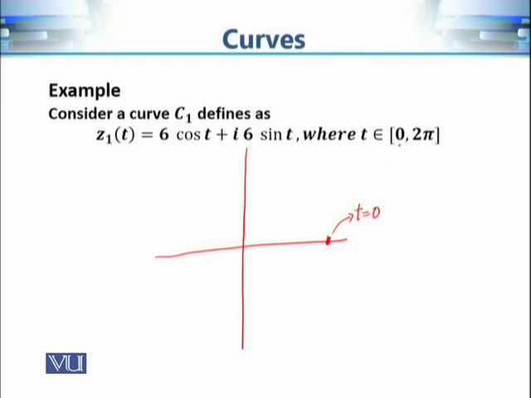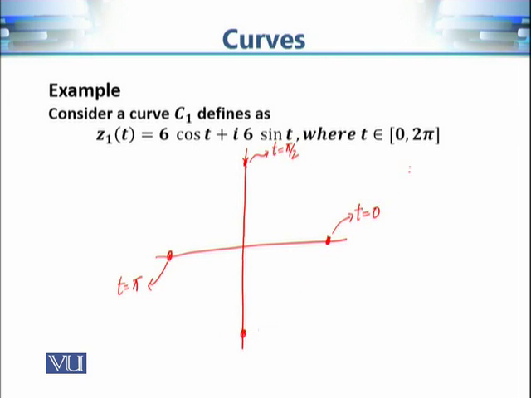And similarly, when we take other values of t, we are going to get other points. So let's just take a jump and take t is equal to pi by 2. So at pi by 2, sine pi by 2 is 1, but cosine pi by 2 is 0. So what we are going to get is 6 iota. So in other words, this point is basically the point where t is equal to pi by 2. Now let's take another jump and take t is equal to pi. Now at t is equal to pi, once again sine pi is 0 but cosine pi is minus 1. So we are at the negative side, and this is the value when t is equal to pi. And when we take t is equal to 3 pi by 2, then we will get this point